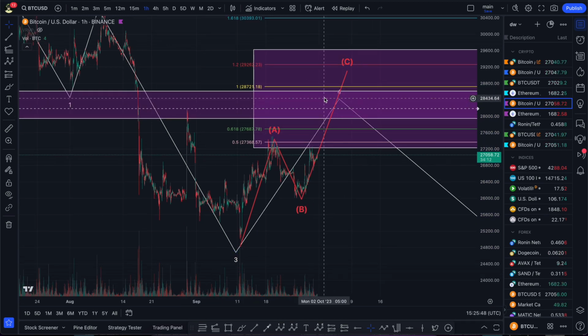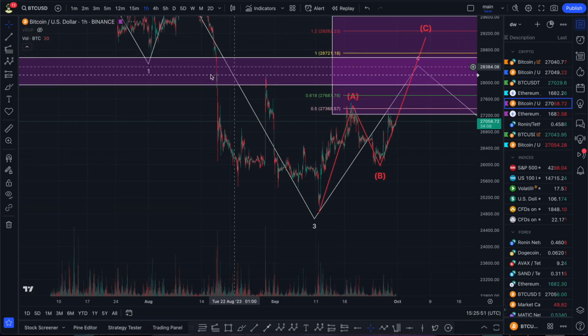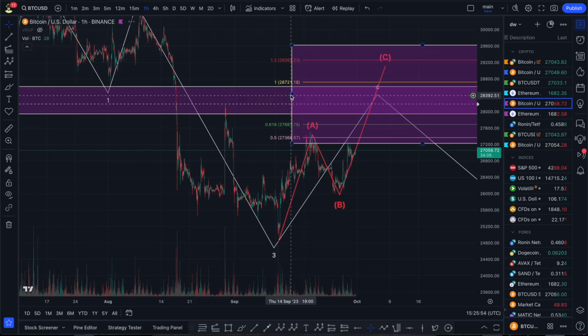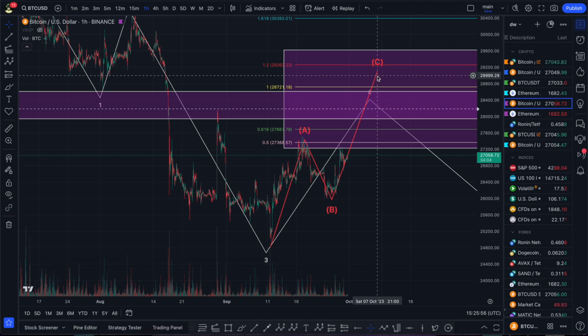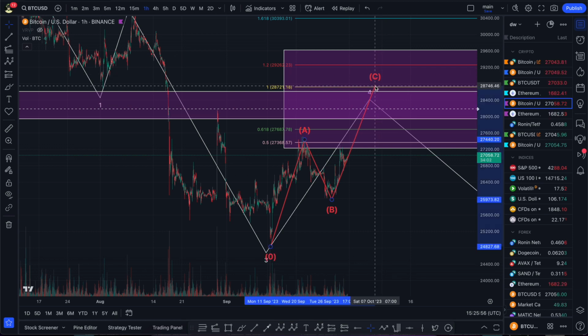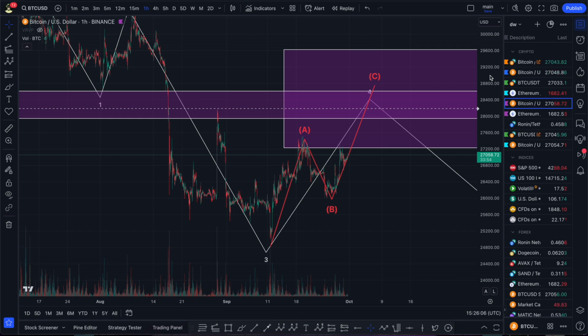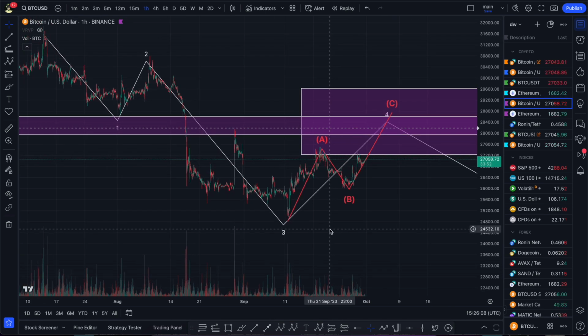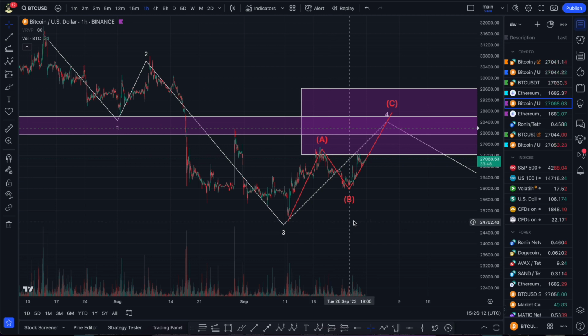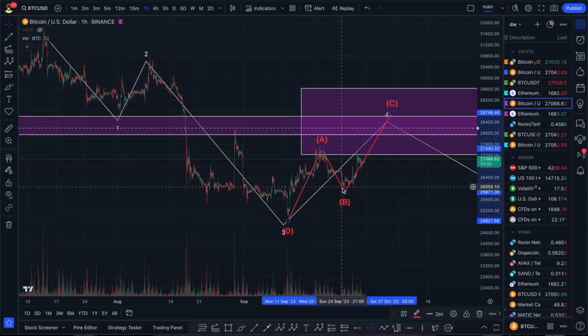Also, we can see clearly that it is near the release zone of high attention, which we marked on the higher time frame. So it is possible wave C comes to 1 by Fibonacci, and from there we will see some kind of reaction. Let me clear these Fibonaccis as well, and let me talk about what we can do right now. This is really important that you understand. I don't suggest you long the markets right now.